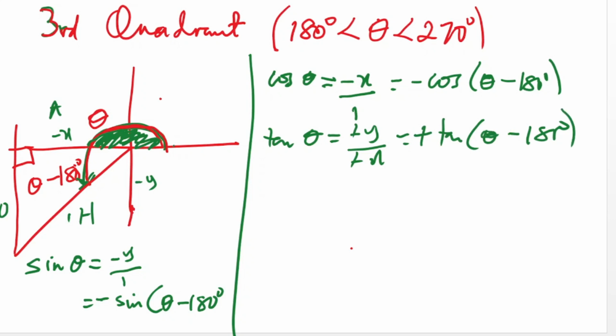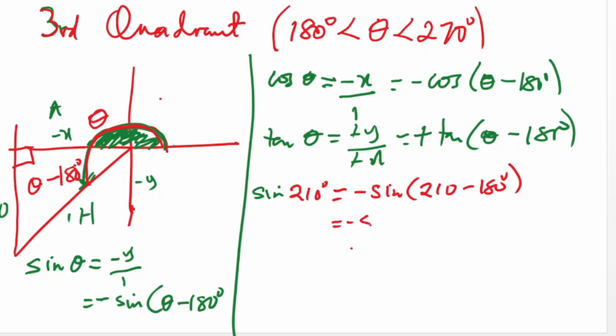So if we now have a question on this, let's say we have sine 210 degrees. It should be more than 180. Since sine is negative in the third quadrant, it's going to be minus sine of 210 minus 180 degrees. So this will give us minus sine 30 degrees,